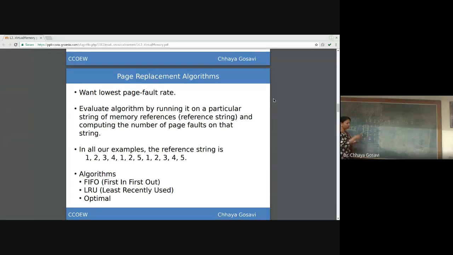Now from here onwards, our page replacement algorithm starts. What is the page replacement algorithm? The page which entered into the queue first. So you can use a queue if needed. Note that the queue we are going to use for implementation is a circular queue, and the size of the queue is the number of frames. In our case, we are using 3 frames, so the size of the queue is 3. And these pages arrived in the sequence 1, 2, 3.